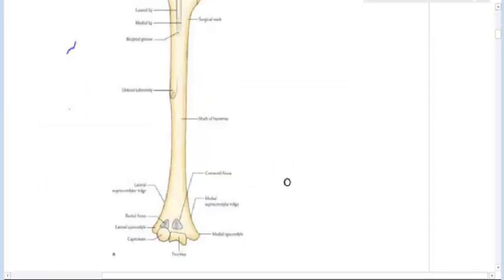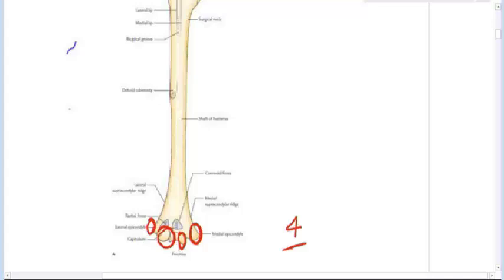Now as we know, the ends develop from the secondary centers, and at the lower end of humerus, or the distal end of humerus, we have the following centers. One is capitulum with lateral part of trochlea. The other is medial part of trochlea. One is for medial epicondyle, the other is for lateral epicondyle. So total we have 4 centers,